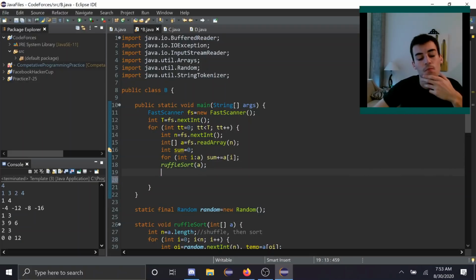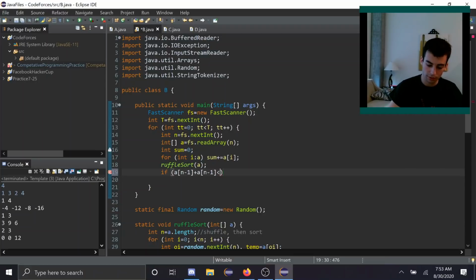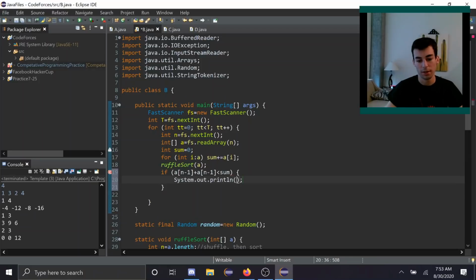Sort this array. So now, if a at n minus 1 plus a at n minus 1 is less than sum, this out